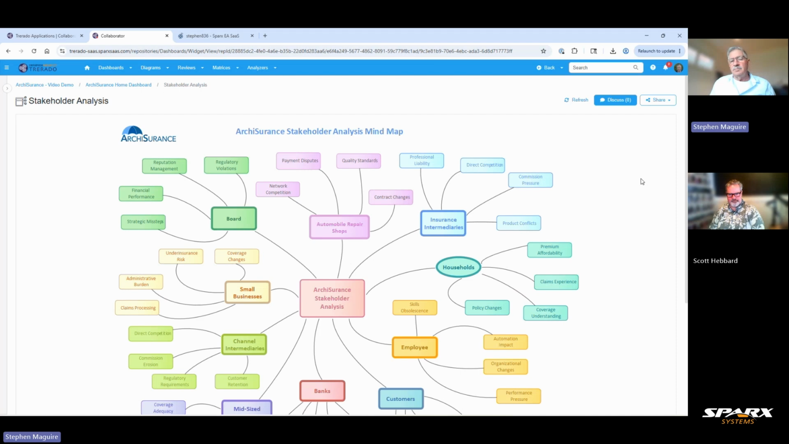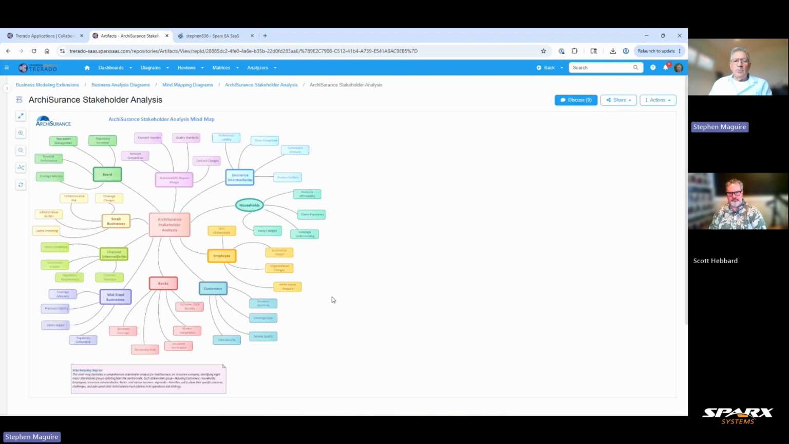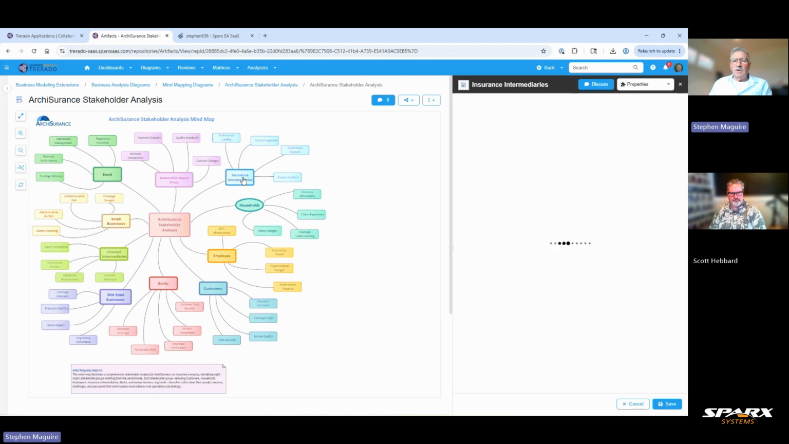So, from a project point of view, it's a very common thing to do early on: get all your stakeholders in the room, find out what their concerns are, talk to them. And you can use Enterprise Architect, the Trerado Designer, to keep notes or minutes from your meeting. As people are announcing themselves and what their concerns are, you can create this mind map. If we click on these elements, you'll see that what happens is that we go over here and